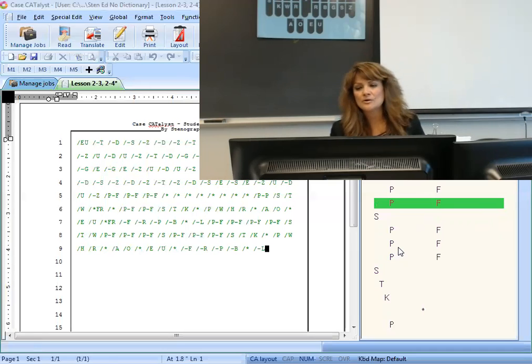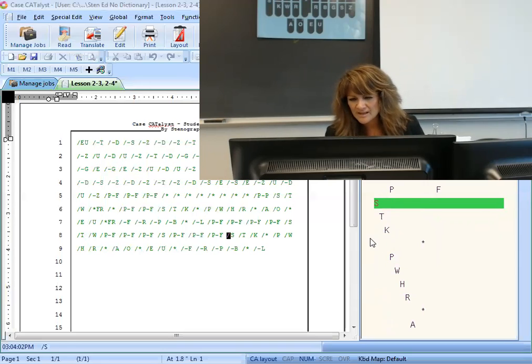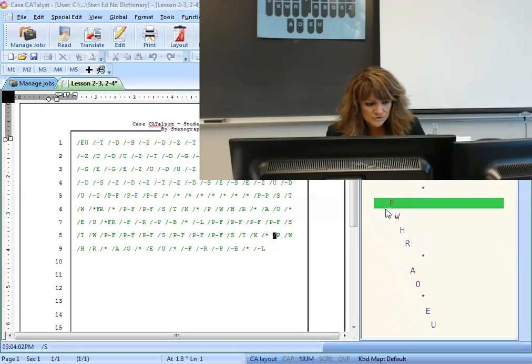So let's see if I did that correctly. So I'm going to go up here to the S. And I saw I already made a mistake because of that asterisk, so here we start. Oh, I actually started here. S, check it with your book, T, K, asterisk, P, W, H, R, asterisk, A, O, asterisk, EU, asterisk,